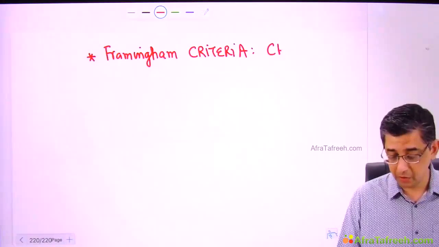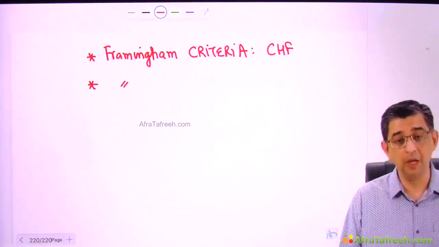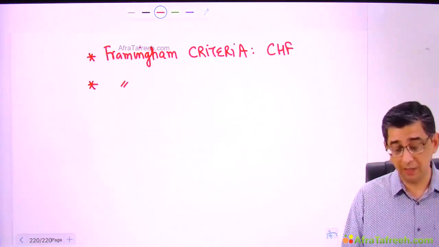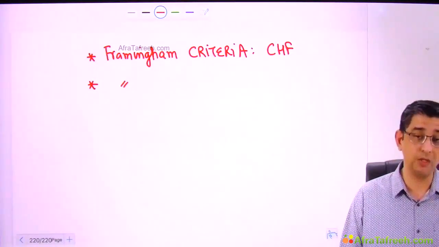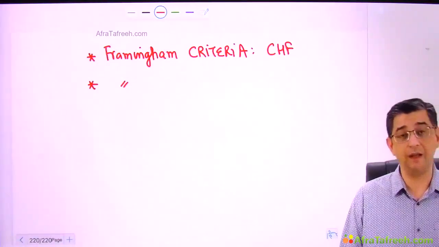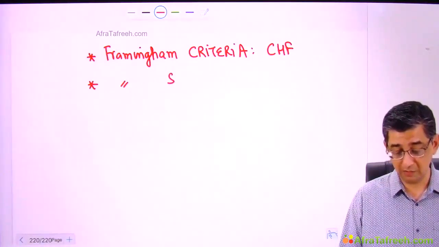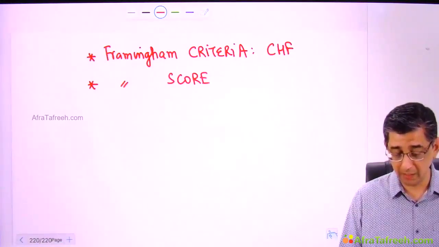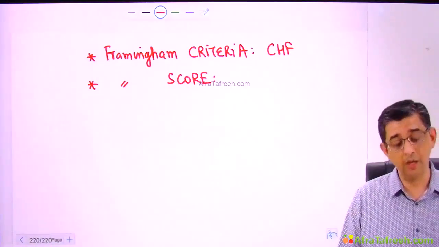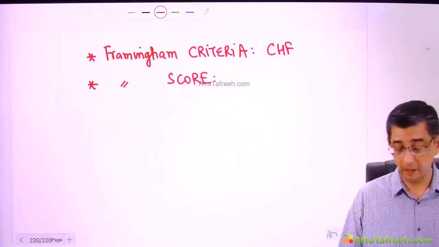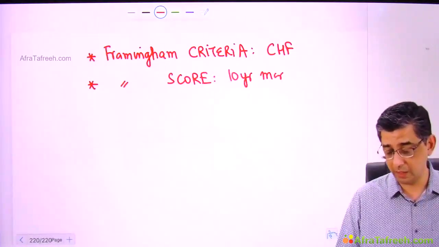But at the moment, I am teaching you an alternative terminology, which again begins with the word Framingham, but this is going to be a Framingham online calculator or a Framingham score, which can be used to check out the 10-year mortality rate of an individual and then decide whether that person will require statins or not. I repeat once again. One is the Framingham criteria for determining the presence or absence of congestive heart failure. We have major criteria, we have minor criteria, but then we have a Framingham score also. The advantage of this Framingham score is that it can calculate a 10-year mortality for an individual.